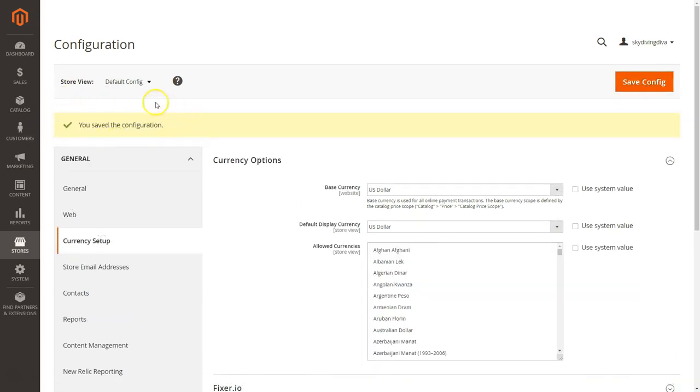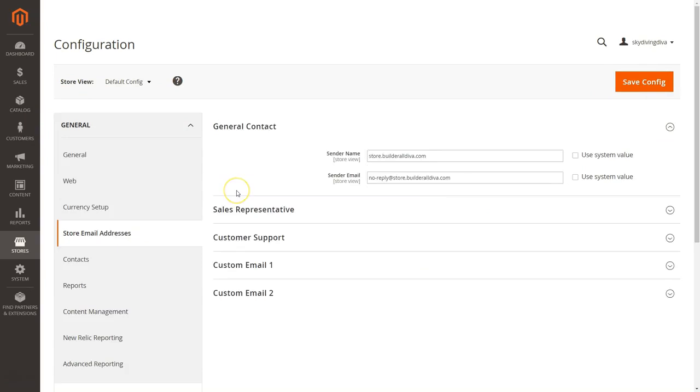And I got my message that it's saved, so now I'm going to go to store email addresses. This is the area that contains my email addresses that I'll use throughout the rest of the setup of my e-commerce store. There's certain areas that will ask if you want to use the email for the general contact, for the sales representative, for customer support, or if you want to use a custom email number 1 or custom email number 2. So this is the area that you need to set up your general